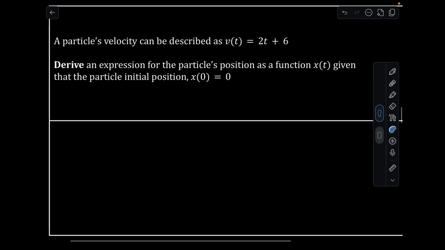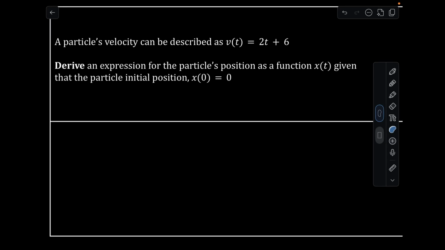Hi, this is video 3 in the series of the AP Physics C Mechanics Calculus Basic Skills Guide. And in today's video, we're going to be going over how to derive the position function given an initial condition